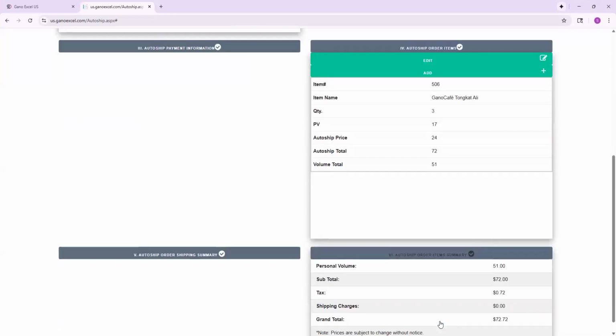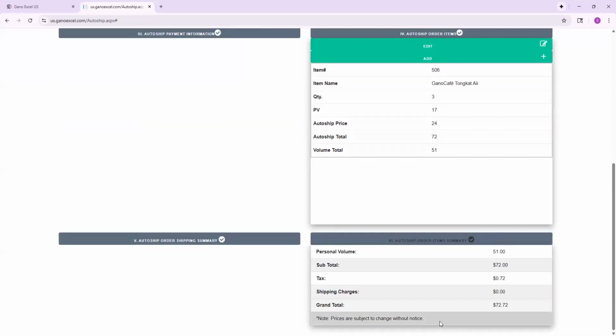And since we have a pickup center in Illinois, we actually do not pay the shipping charges. So as you can see, this is being shipped. Well, it's already at the pickup center. It's not being shipped there. It's already there. And because it's already there, I'm only getting charged the 1% tax. Those 3 boxes come out to